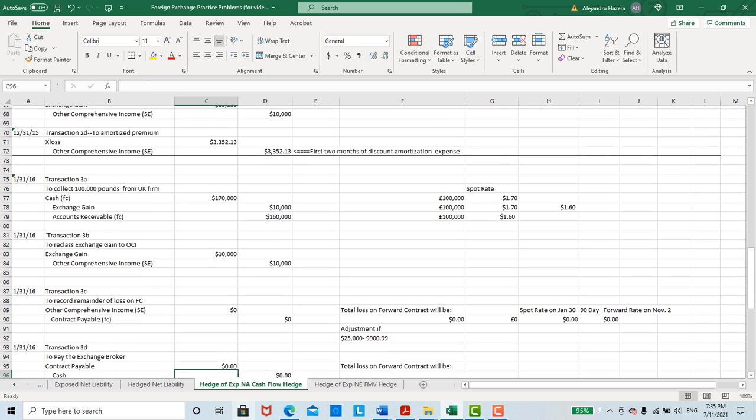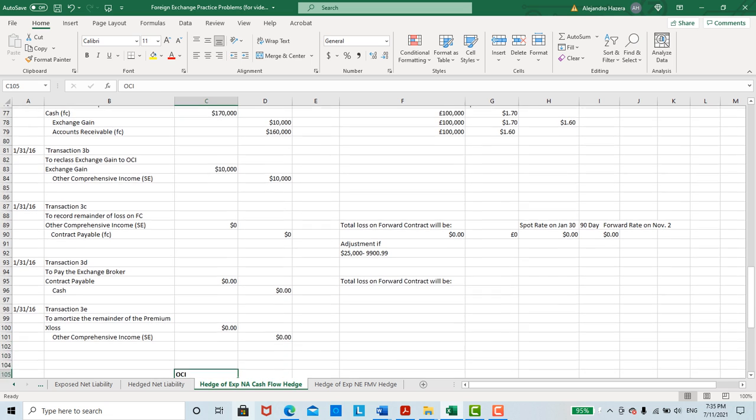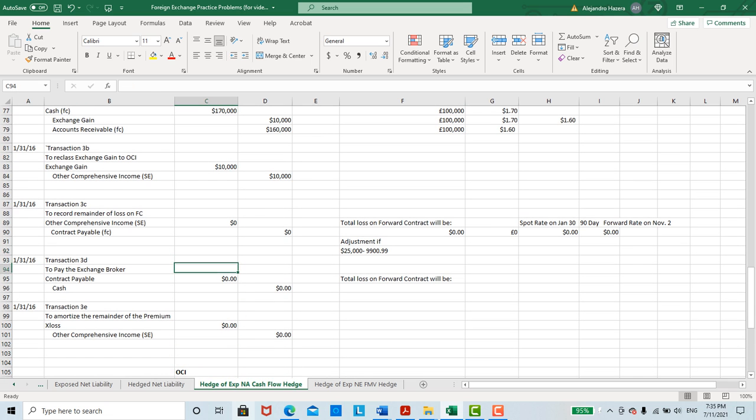Okay, so in these next transactions, we're going to take the British pounds and give them to the exchange broker. The first thing we want to do, though, is we want to make sure that the forward contract has been adjusted to its latest value. Okay, and the latest value of the forward contract is going to be based on,